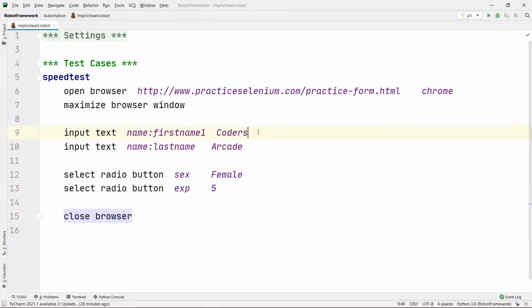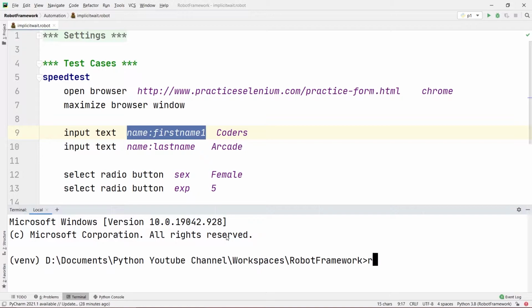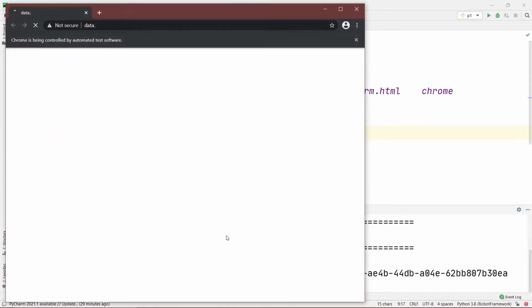Since our locator is incorrect right now, if I go to my terminal and type robot, then specify my directory name, and after a backslash write the name of the file, implicit wait dot robot, and press enter, you can see this program should fail.